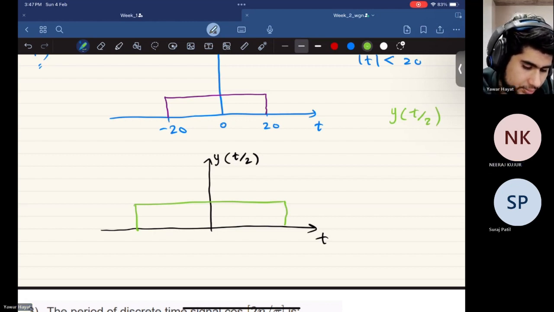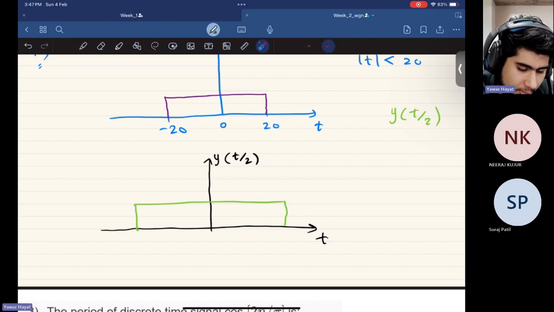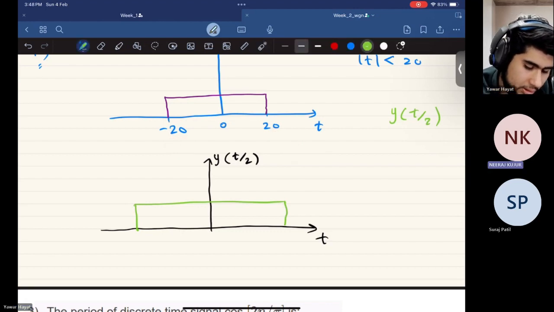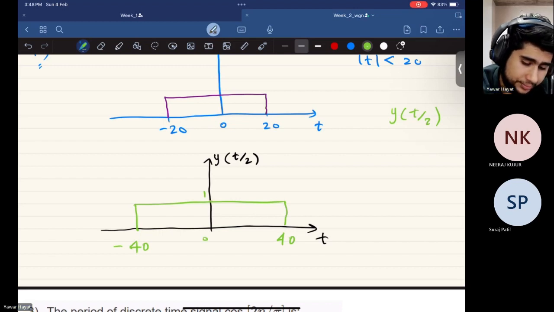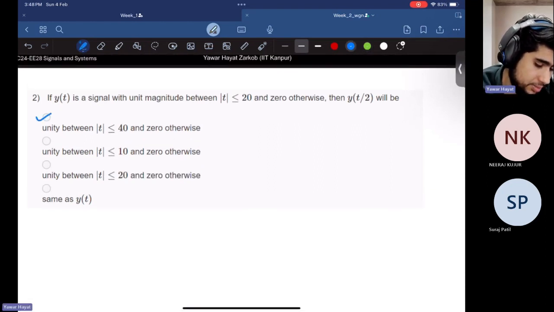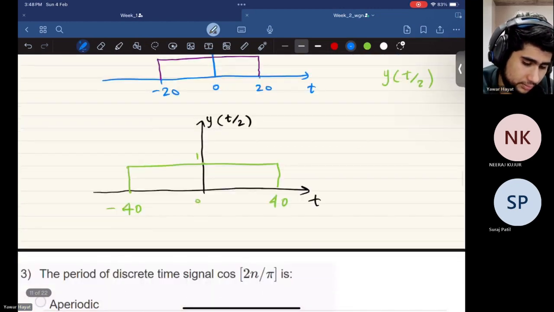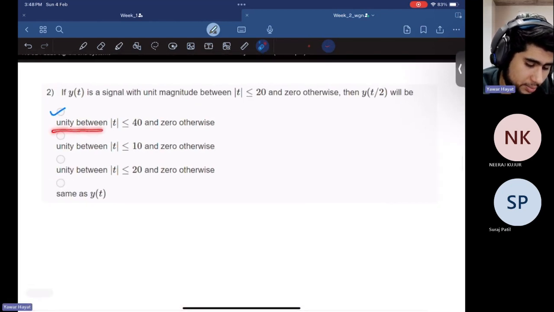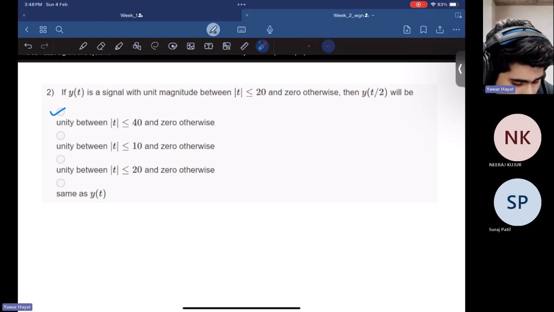So I would multiply these by 2, giving minus 40 to 40 with a unit magnitude. Option A is the right one because that is what we answered. It is unity for modulus of t less than or equal to 40,